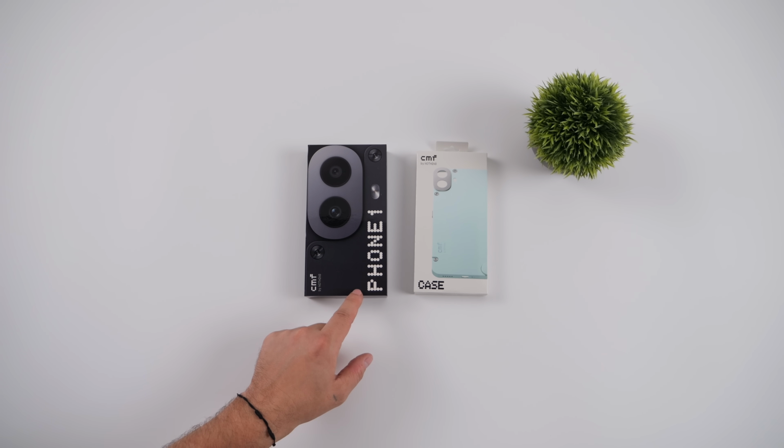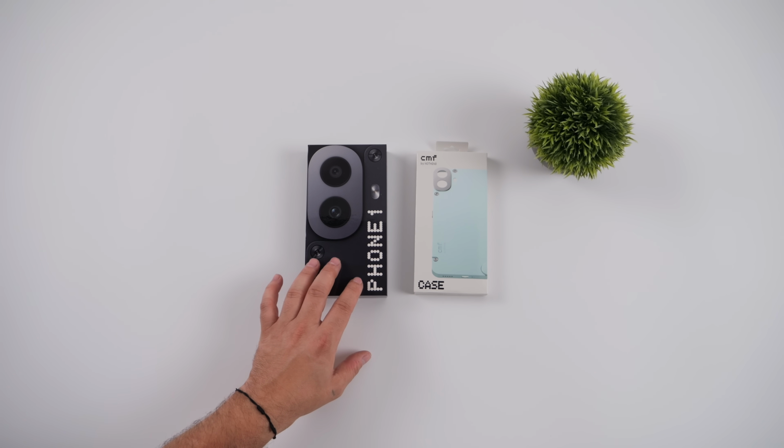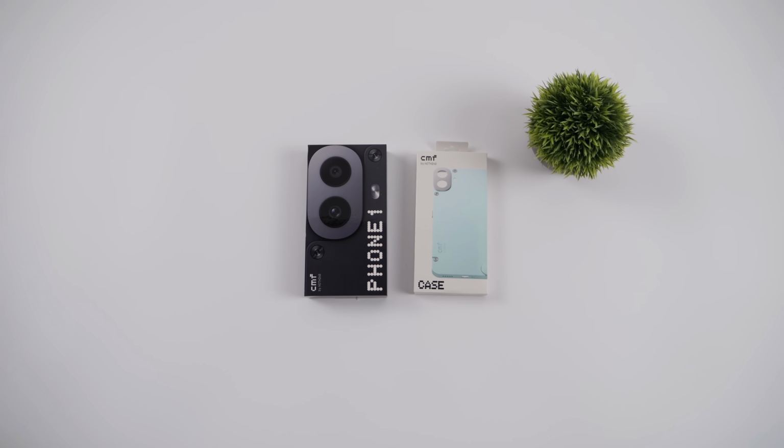Today we're going to be taking a look at one of the most interesting phones to be released in a very long time. What I've got here is the CMF Phone1, and this is actually not my first time dealing